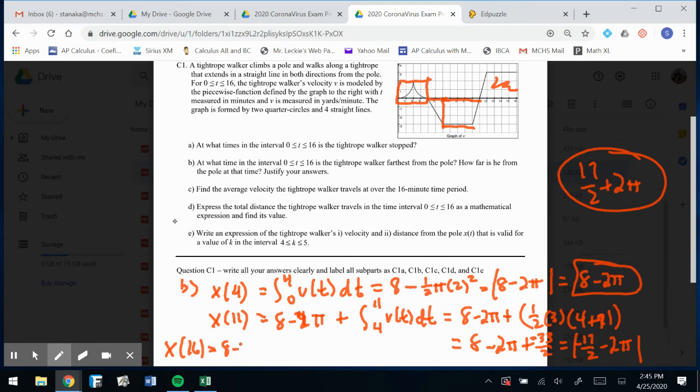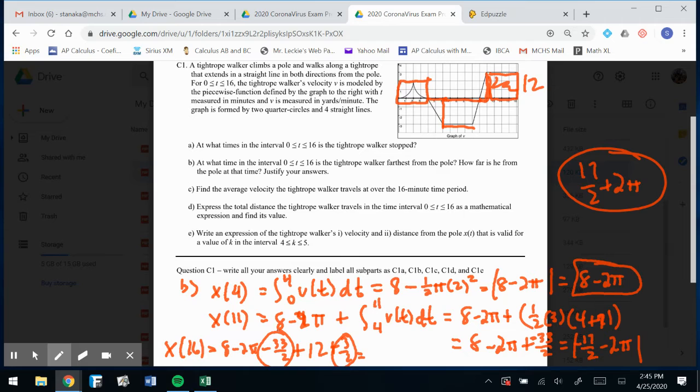We got 8 minus 2 pi, and then we have minus 33 over 2 because we're going backwards. But now I'm going to add to it this positive area. And if I did this, I would probably do that, which is 12, right? That's 4 by 3. And then that is a 1 by 3 triangle. So that would be 12 plus 3 halves. Okay, and if I added all that together, that 3 and that right there,